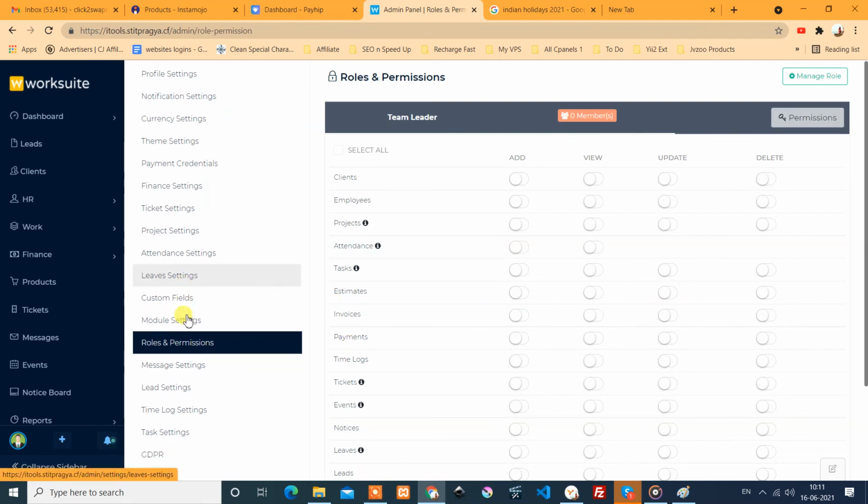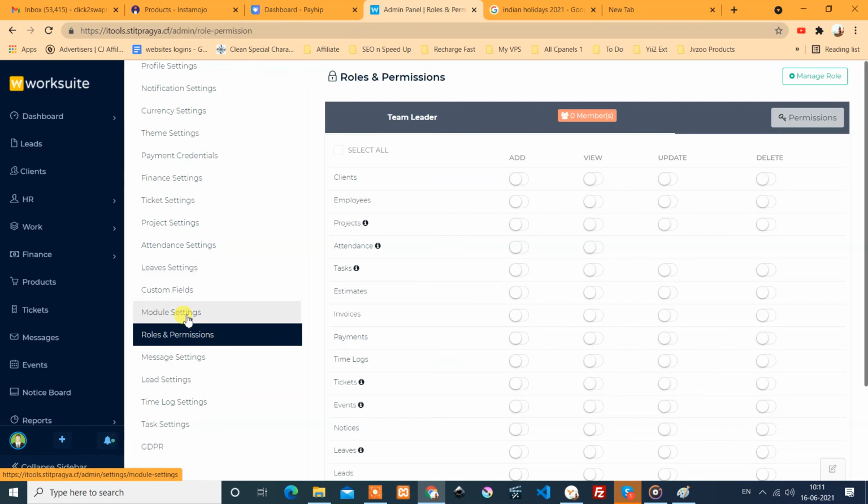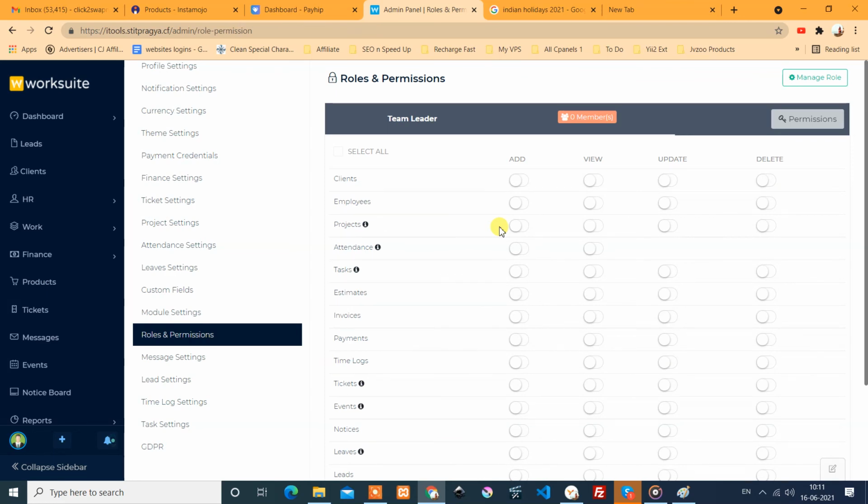So these are the things. This is just a first overview of the Worksuite. We can try it on this domain and study it and then apply it to the system. Means, if we use it, we will know all other details of the system, and once we understand, we can apply it to the live projects.